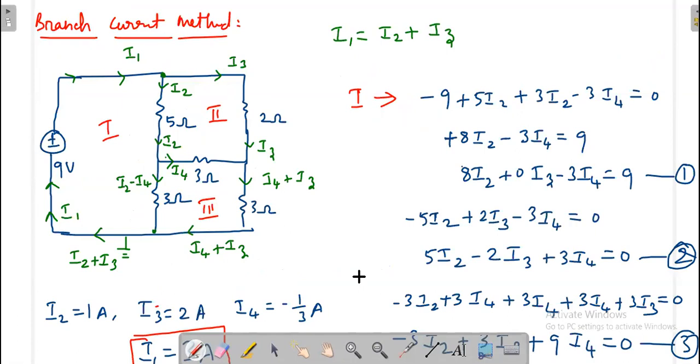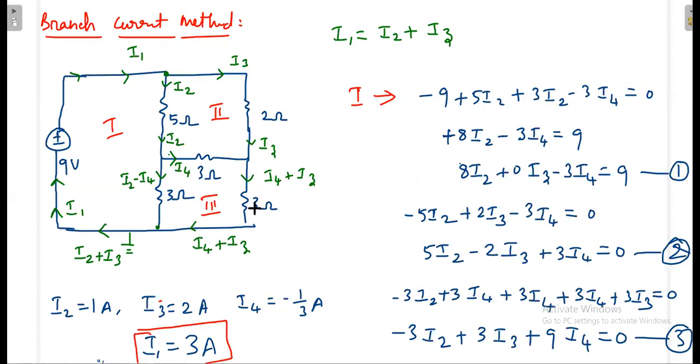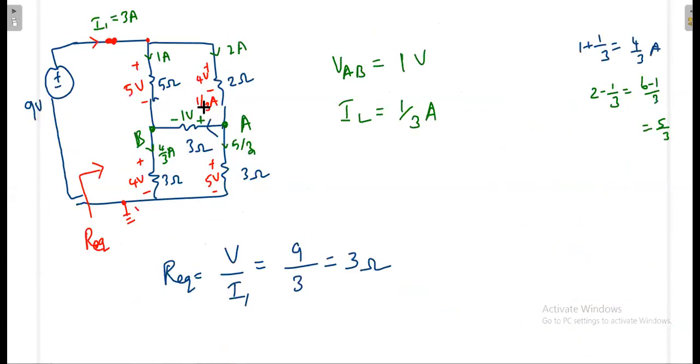Okay, I will do it. Same problem I will take. I will consider this delta and convert this delta into star, then I will proceed. Again, we have to make sure that we are getting the same answer. The total current drawn is 3 ampere and R equivalent is 3 ohms. Sometimes we may not get the load voltage because we will be disturbing the load, but we can visualize how much total current is drawn.